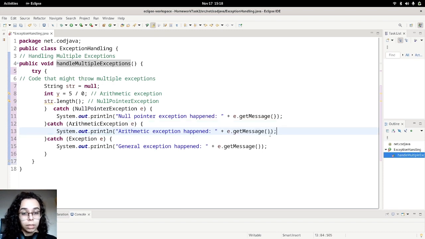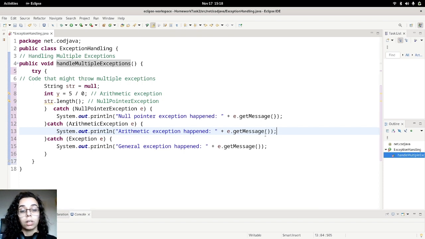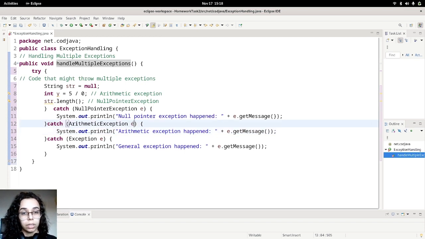The catch block order is important because Java executes the first catch block that matches the thrown exception. Here and here,